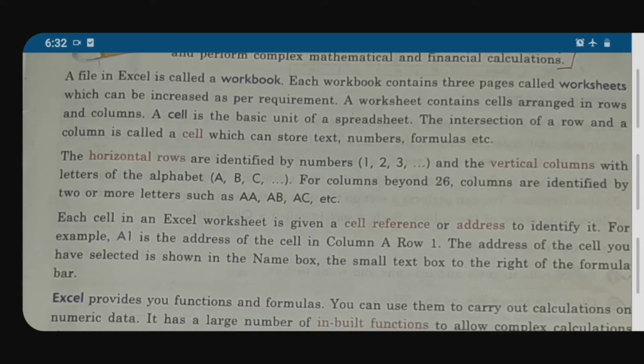For example, A1 is the address of the cell in column A and row 1. The address of the cell you have selected is shown in the name box, the small text box to the left of the formula bar.